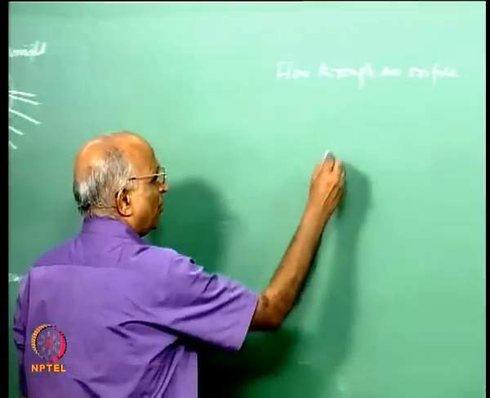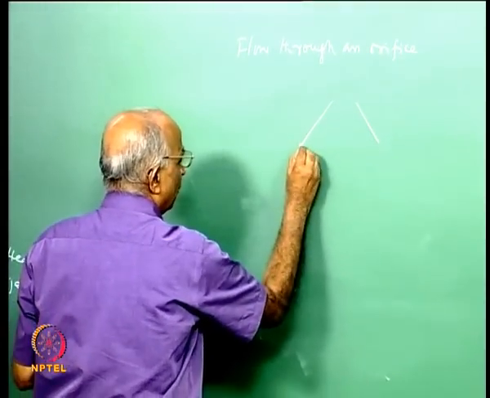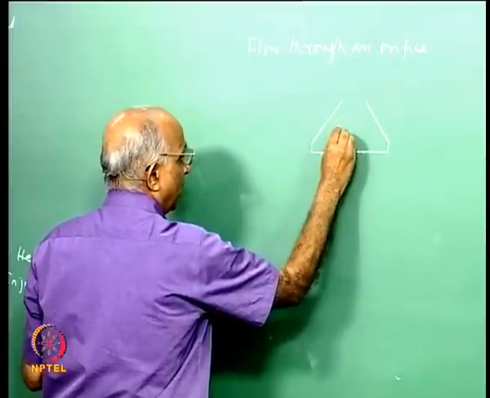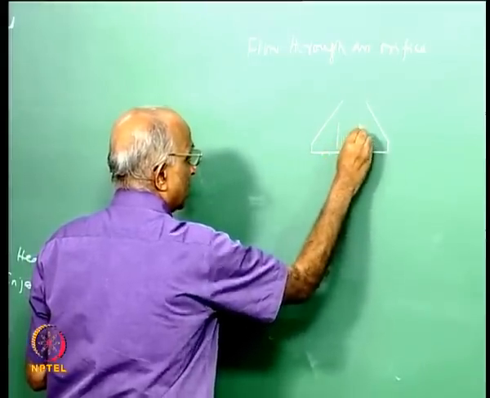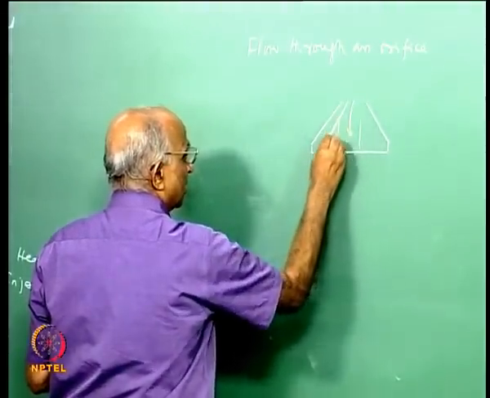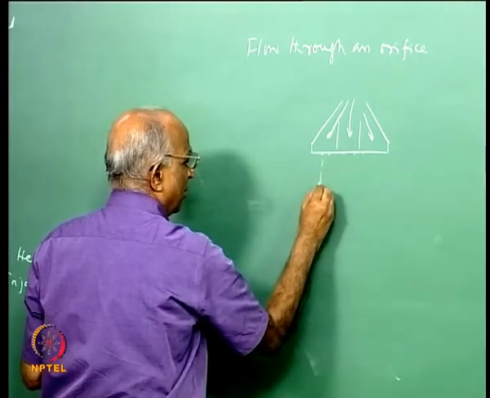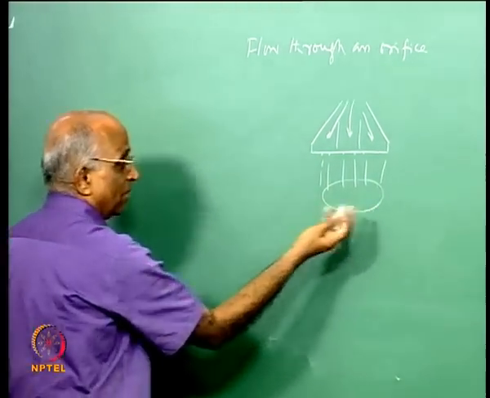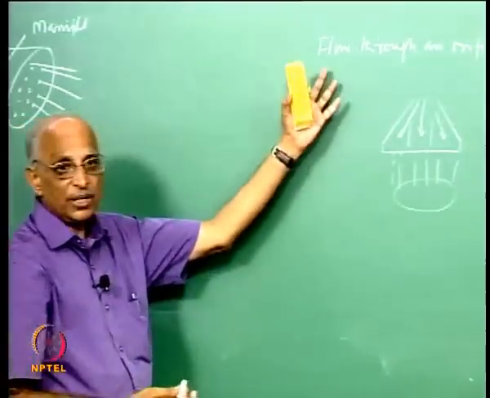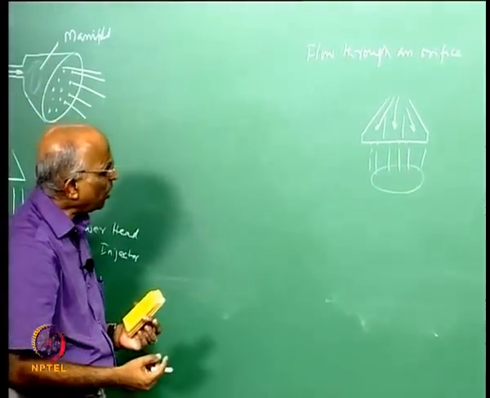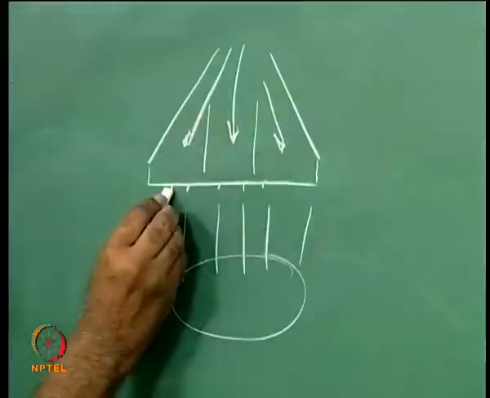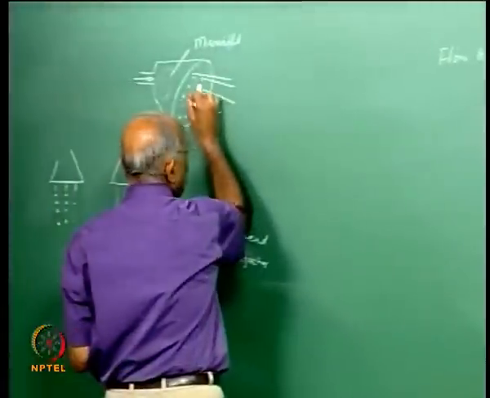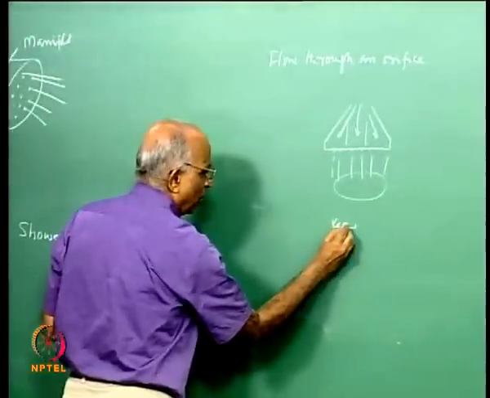But in a liquid propellant, you have the manifold here, you have the set of orifices here, and maybe I could divide it, partition it in some way. In some region I admit the fuel, in some region I admit the oxidizer, maybe I admit them like this, I allow them to mix in this region and evaporate and burn. This becomes my shower head injector. How do I find out the flow through the orifices? Let us say I now exaggerate one such hole, I say this is my hole over here,